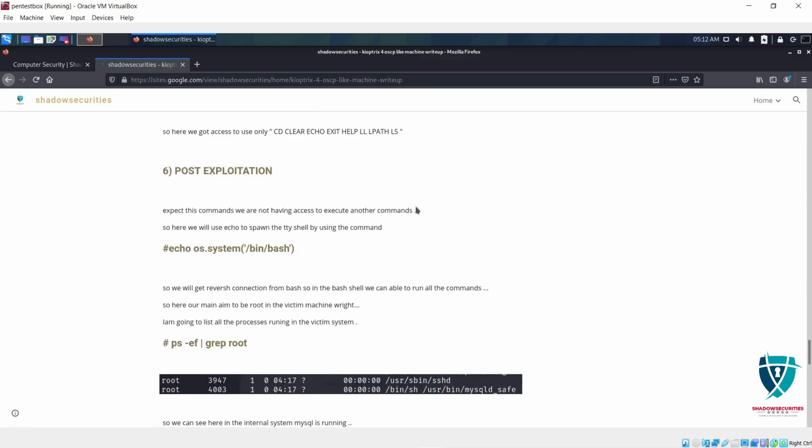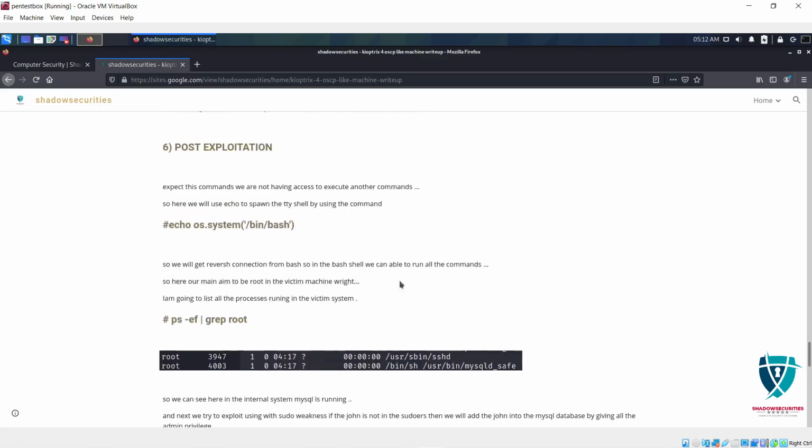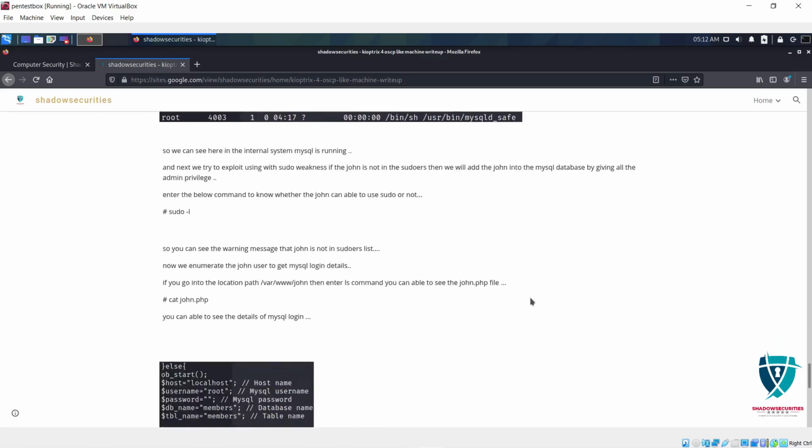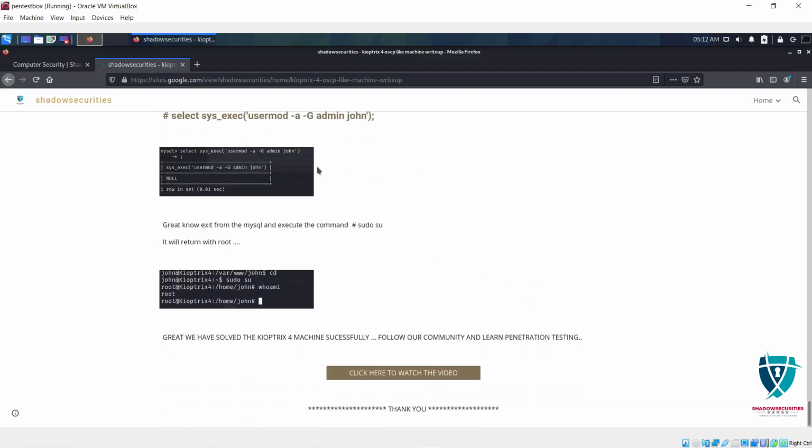Then, after gaining access to the machine as a lower-level user, the sixth phase is post exploitation, and here we have written about post exploitation and the method of exploiting. After that, if you still have any doubt after reading this write-up, go and watch a video by clicking here.